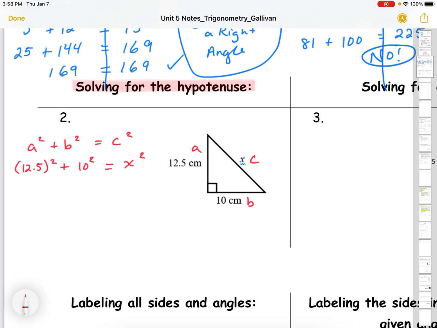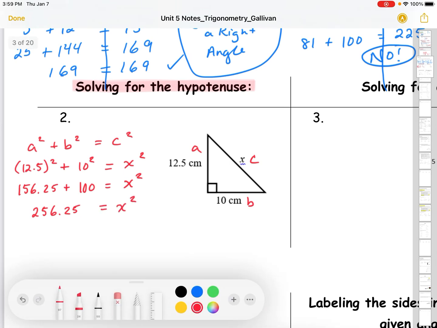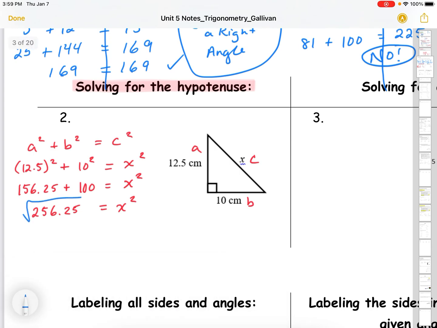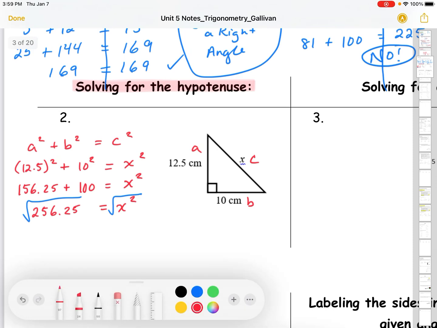So we get 12.5 squared is 156.25. 10 squared is 100, and that will equal x squared. We add this up, we get 256.25 equals x squared. So now we want to find what x is. What we have to do is take the square root of both sides. So we will get x is equal to the square root of